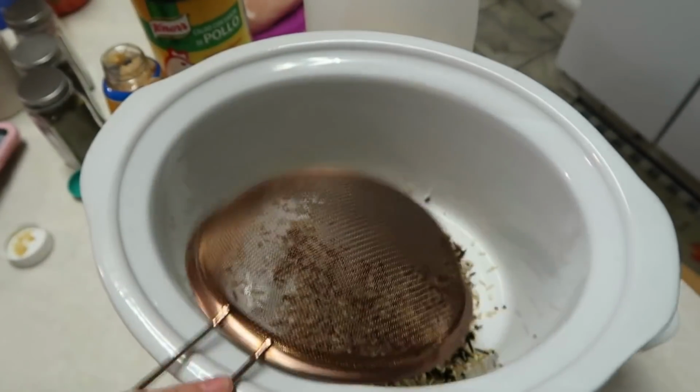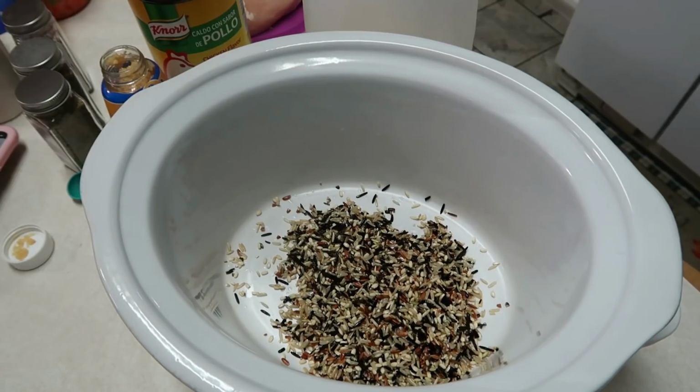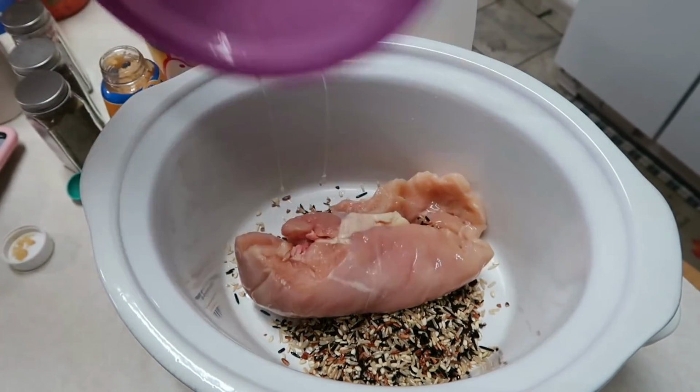Okay, I'm going to put all that rice in the bottom of my crock pot, along with about a pound of chicken breast. So I measured out, this is about 1 1/4 chicken breast. I'm just going to put that in the bottom,